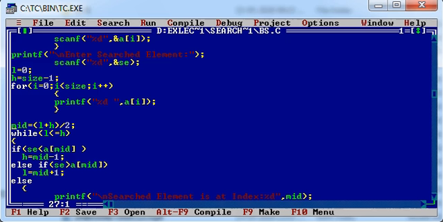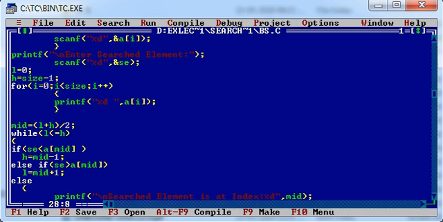First of all, in the binary search technique, we need to find out the mid position. So mid can be calculated by adding L plus H and dividing it by 2, so that we can get the middle position. Now we need to divide the entire array in two parts, left hand side as well as right hand side. We need to continue the procedure until we find the element or all the elements of an array are compared. So we are having three possibilities.